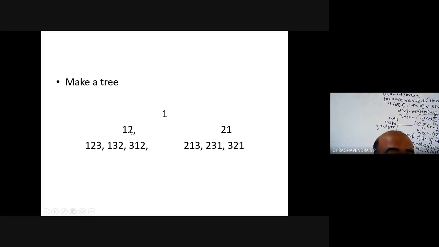Now for this 1 2, 3 will be concatenated again to the extreme right, extreme left, and 3 will be placed in between 1 and 2. And similarly, if you choose this 2 1, once again 3 will be concatenated to the extreme right, 3 to the extreme left, and 3 will be placed in between 2 and 1. So these are the different combinations we can generate, and we can also represent them like a tree. Okay, clear? Shall we proceed?